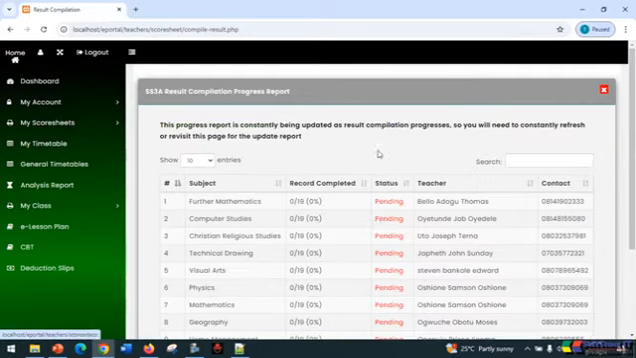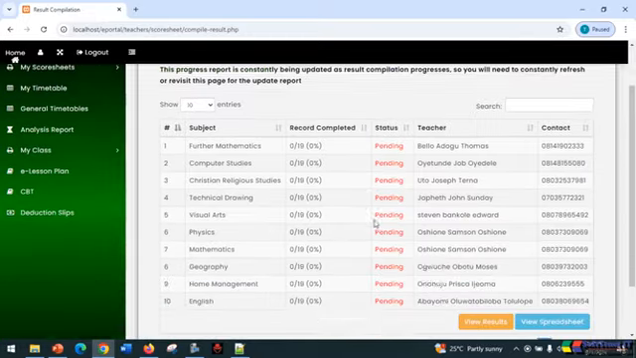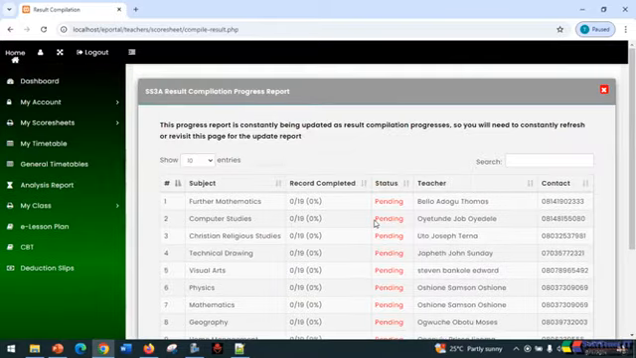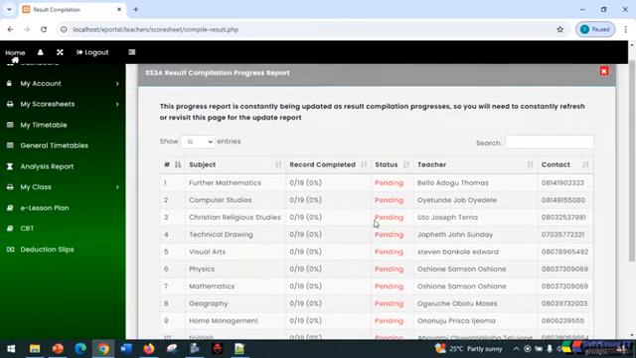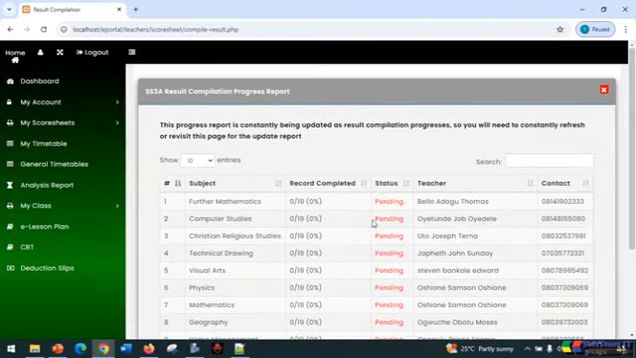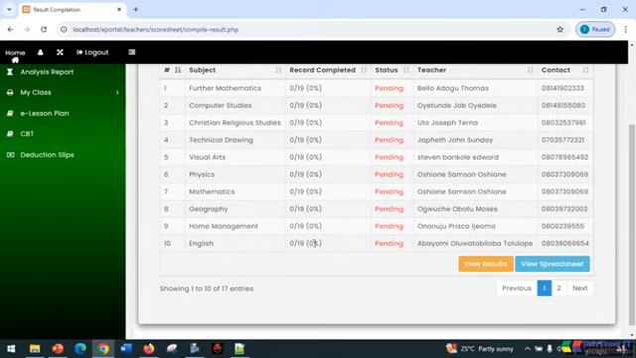Then still on that list, I think, result compilation. Yes, the form teacher can also track the compilation of results during the result compilation period. When teachers are inputting scores for students after examination, you can track the progress as a form teacher. You can see from here we have the record completed. It shows you the percentage, shows you the status, whether the subject is complete or not. All the ones showing pending in red color show that the teacher has not finished inputting scores for the students. And you're also able to view how many students the teacher has inputted scores for,